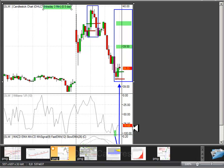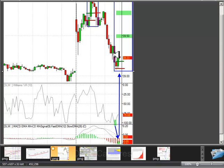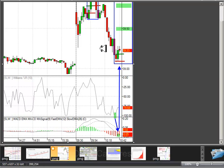The WMB technique actually saved me some money today. As you can see, on this little pullback, Williams percent R had reached an extreme low condition, but we never got an uptick on MACD histogram, and so that helped me sit on my hands a little bit. I continued to stalk SLW all the way back down to where it closed the gap at 39.12, and ended up buying. Front-running the MACD histogram a little bit here, but when I saw it bouncing off this support level right in here, I ended up getting a fill at 39.16 with an 8-cent stop,